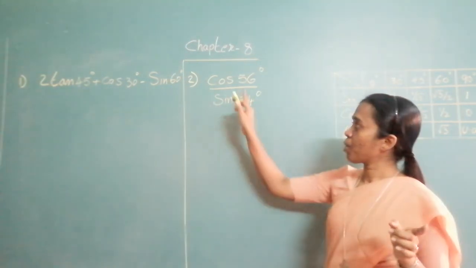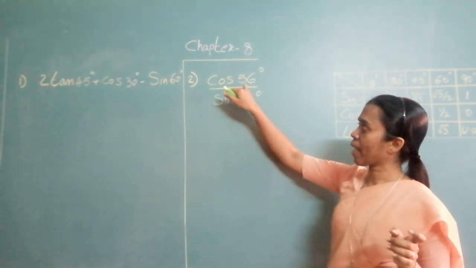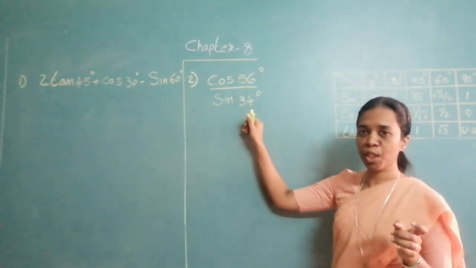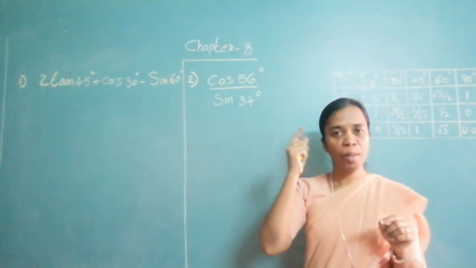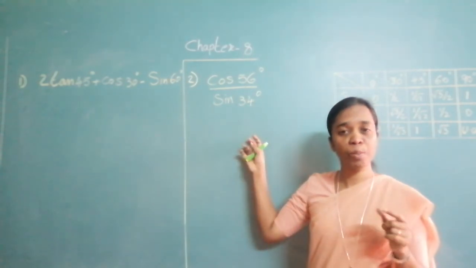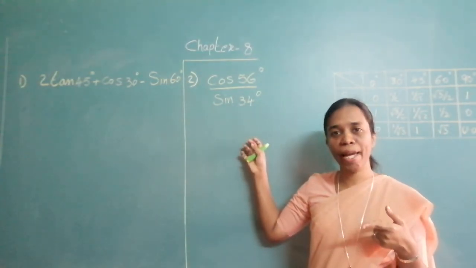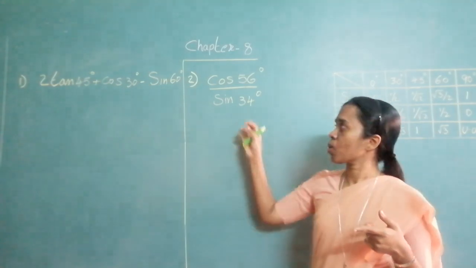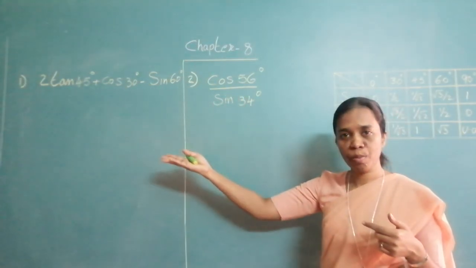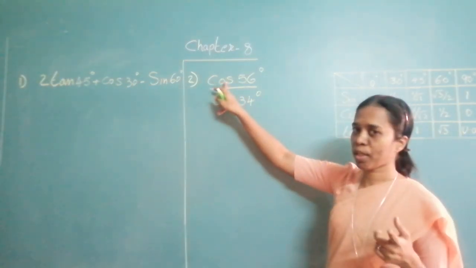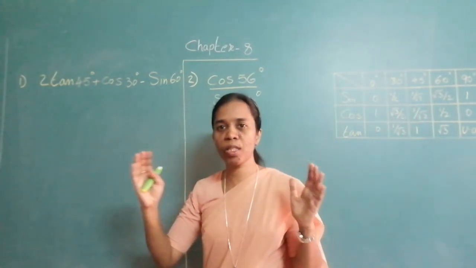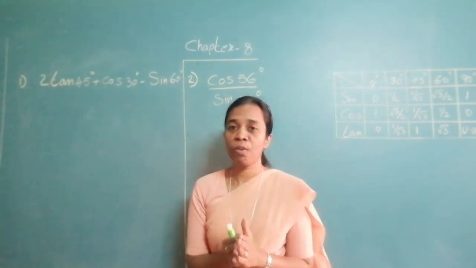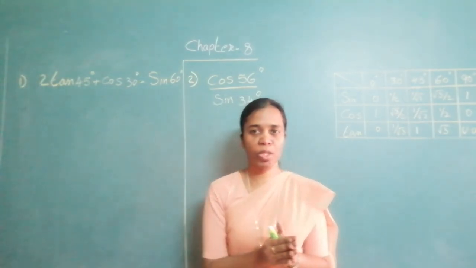If you see, there is one more relation over here. If you add these angle measures, that is 56 and 34, you will see that you will get 90 degree. So it should come to your mind what we are supposed to use over here: complementary angle ratios. So convert one of them into the other form. That cos you can convert into sine, or sine you can convert into cos, and they get cancelled. Okay, so these are the two things you should keep in mind with respect to solving these types of questions.